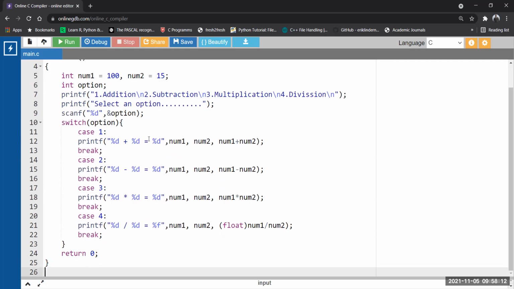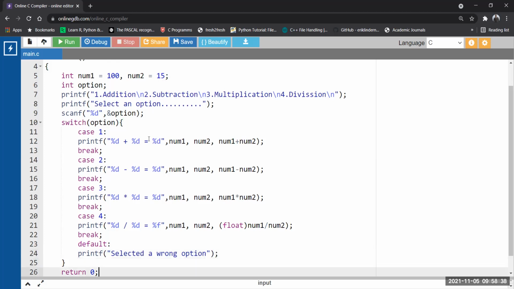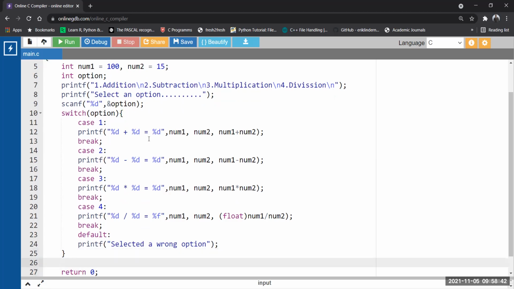Now, if you select any other option out of these 4 options, if you select 5, 6, 7, whatever, we need a default. printf selected a wrong option. It will go outside immediately, so no need for a break statement.